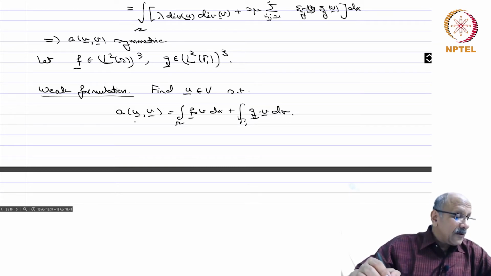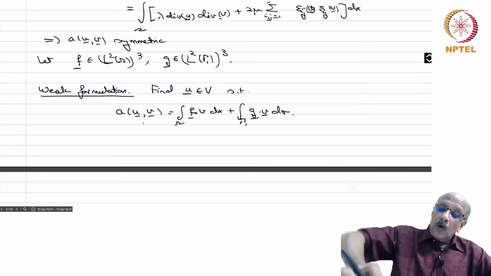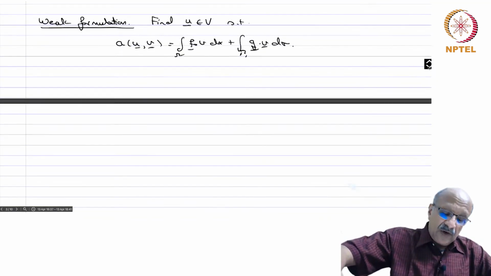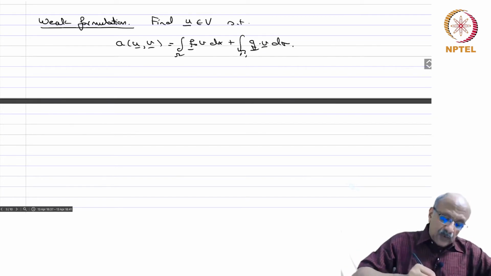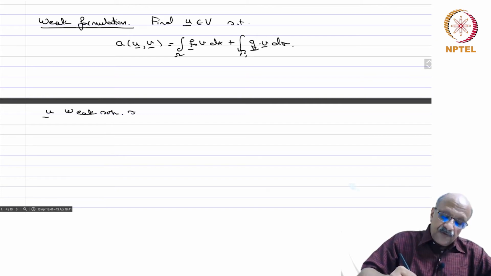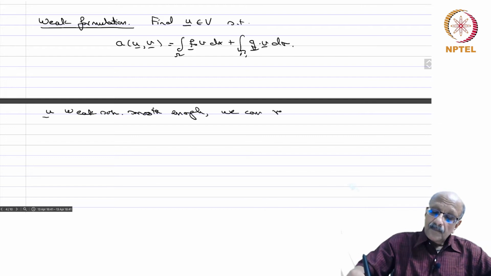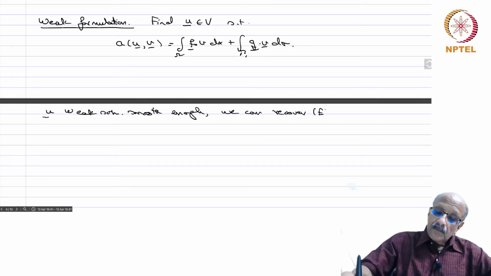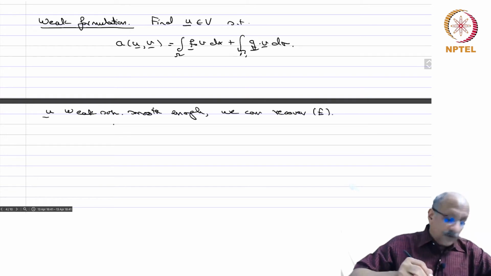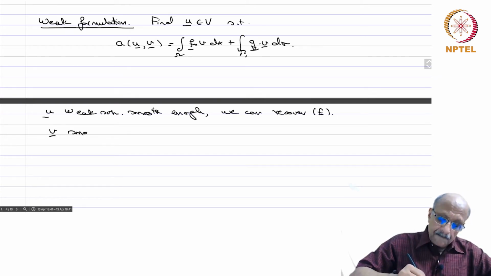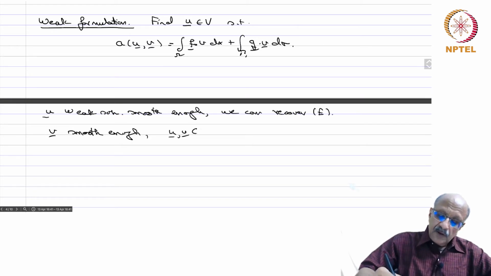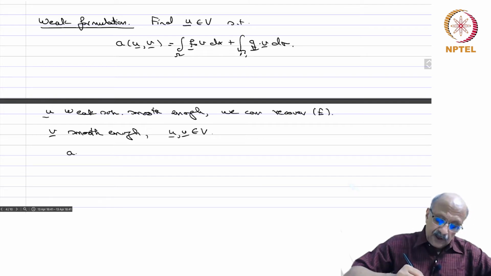Okay. So we want to know how we came to this. So we want to justify this weak formulation. So if u were a weak solution, smooth enough, we can recover the equations. How? If v is also smooth enough, u, v in V, so you have a(u,v)